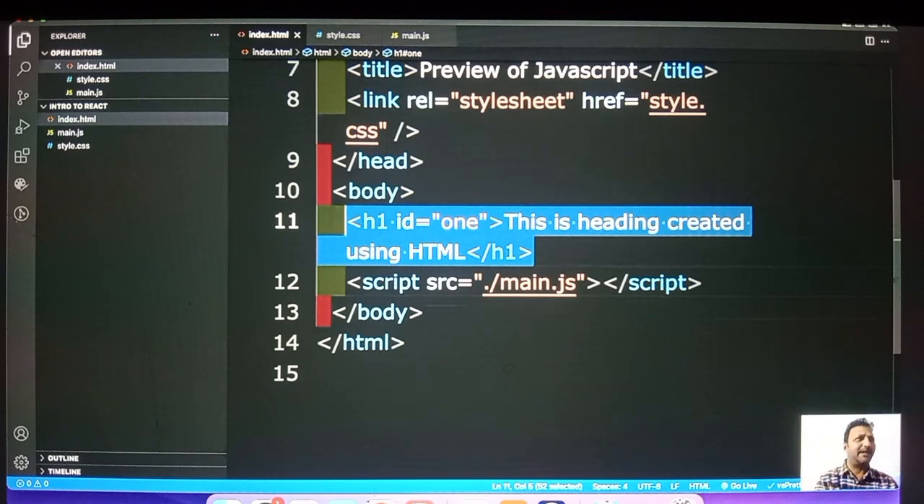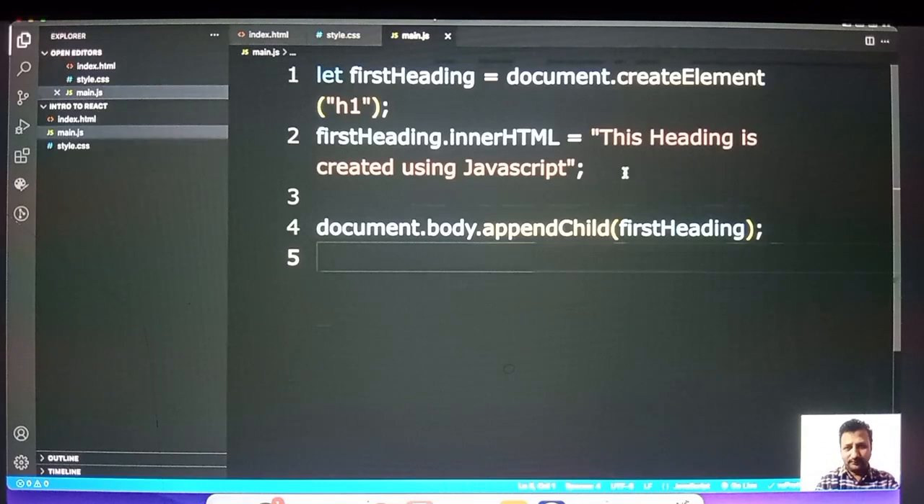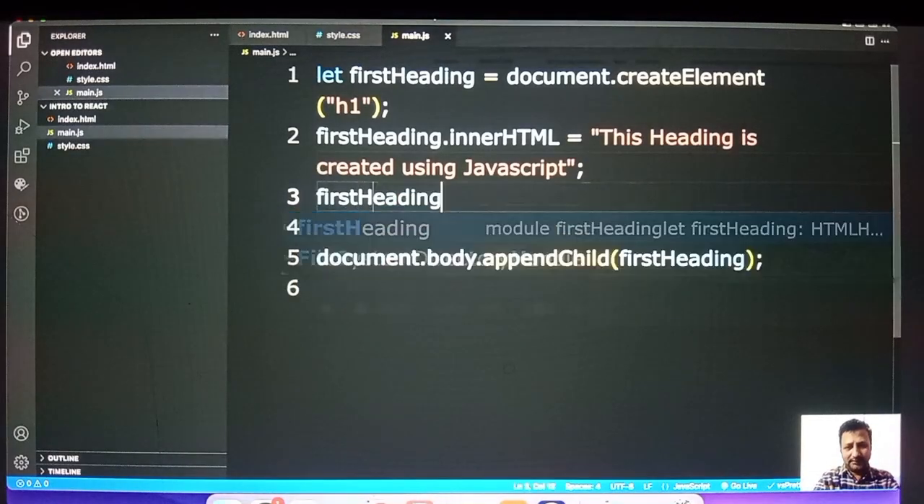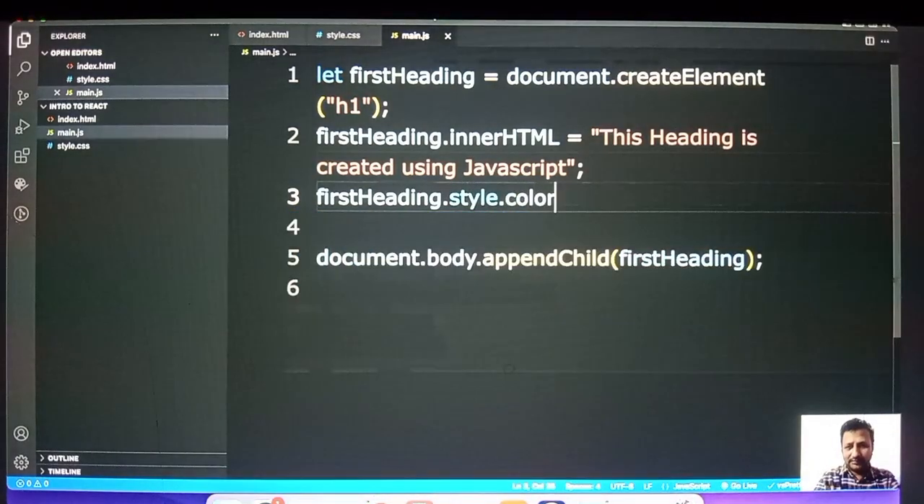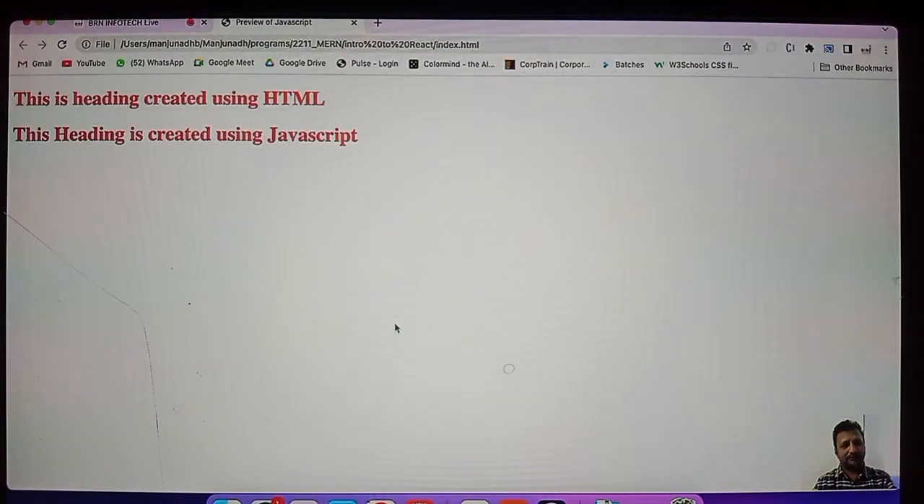Not only headings, you can create paragraphs, images, anything you can create. So JavaScript can work like HTML. Not only like HTML, it can work like CSS also. Now what I will do, I'll say first heading dot style dot color equal to blue. Now if I refresh it,